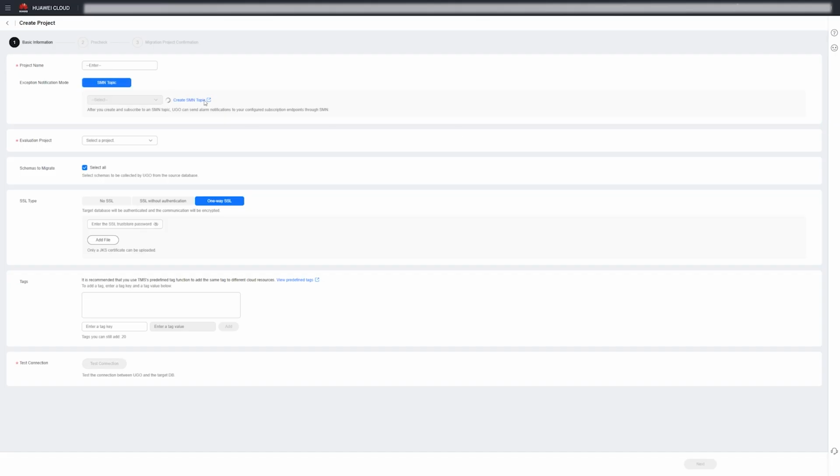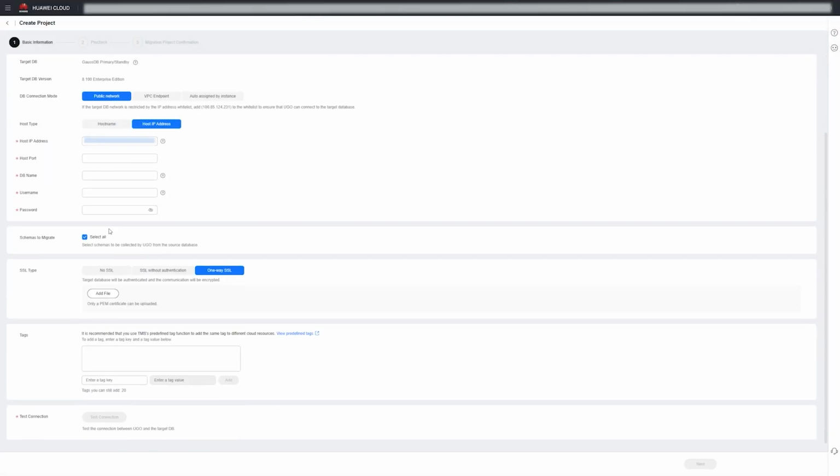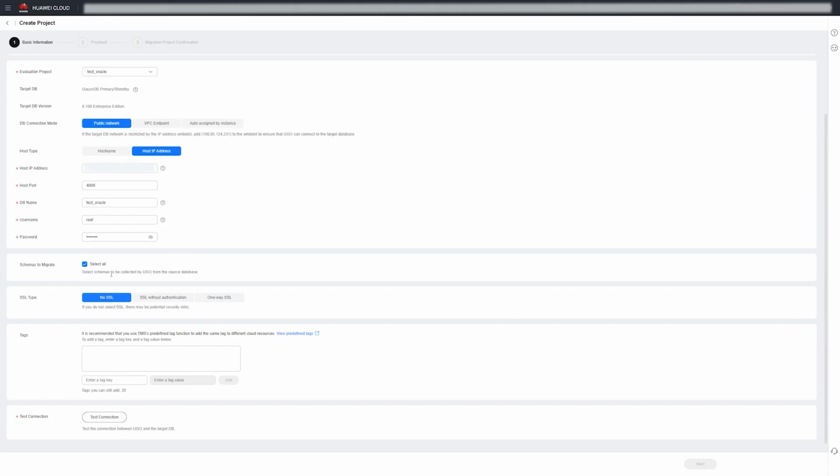The basic information page is displayed. Enter a project name. And select an evaluation project. Enter the IP address. Port. Database name. Username and password. Select No SSL. And click Test Connection. After Connected is displayed,